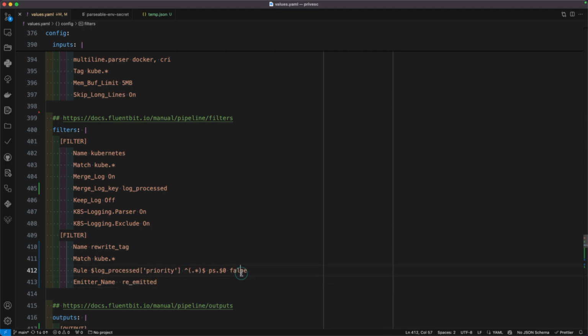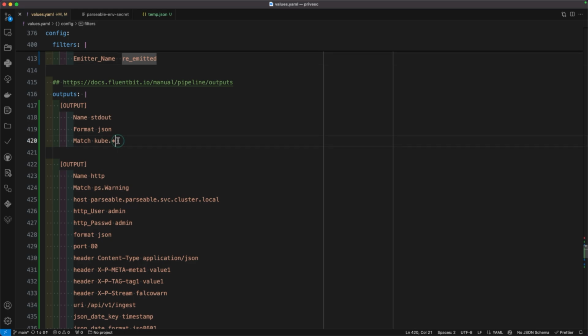And false in this case means, do you want to keep this original value? So in this particular case, I'm saying no, but you can set it to true if you want to. And this is actually just a metrics field you can add. I'm not really going to use it, but if you wanted to actually track metrics on FluentBit itself into Prometheus or something like that, you could.